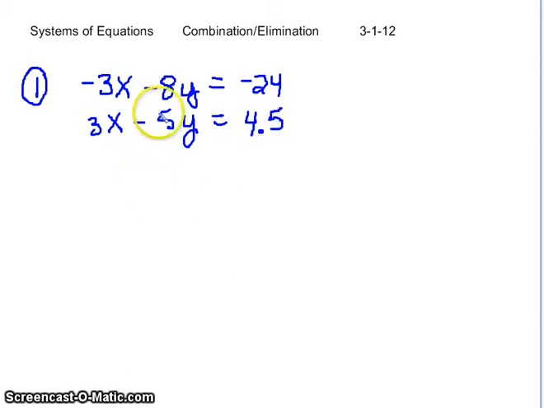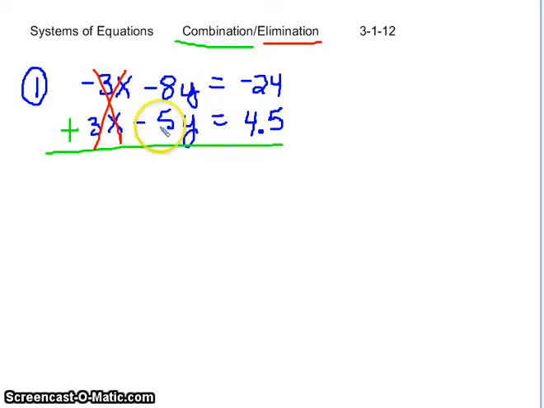Now, combination means that we are going to combine them, and elimination means something is going to cancel. When you combine these two equations, you should see automatically that the negative 3x and 3x cancel. Negative 8y and negative 5y are going to give me negative 13y, and negative 24 plus 4.5 does give me